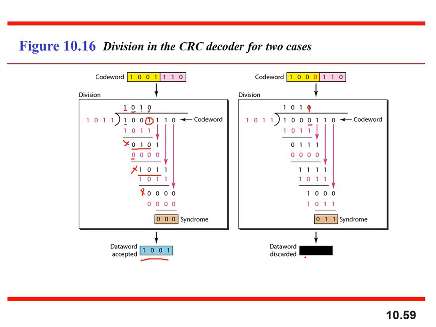So this is the easiest method of doing the cyclic redundancy with the help of a divisor, and the code will be generated, the remainder will be generated, and if the remainder at the receiving end remains 0, that is called a syndrome. That syndrome is 0, then I can say that the data is accepted. If the syndrome is not 0, data is not accepted. Okay, this is one method.